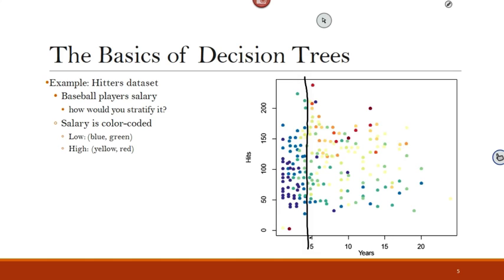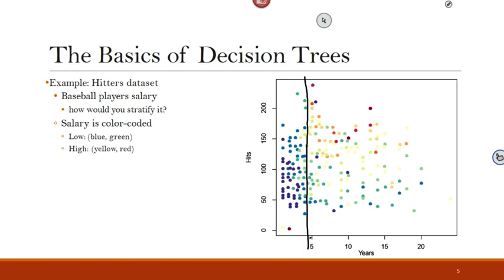So with one split in here, you divided this plot, the space of the observations you have, into two regions where you can make a prediction using the predictor that you selected. If the years of experience is less than 5, then we can predict the salary as low. And if it's more than 5 years of experience for the player, we can predict that the salary will be high. Okay? Now, again, you see in here just one split, but the second region is a mix. So can we make it better?